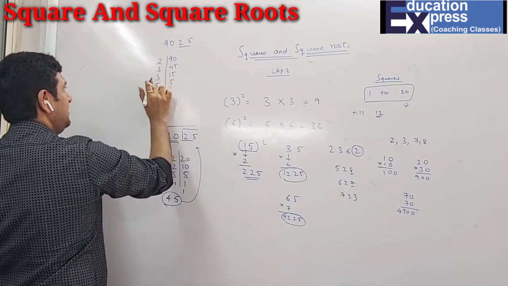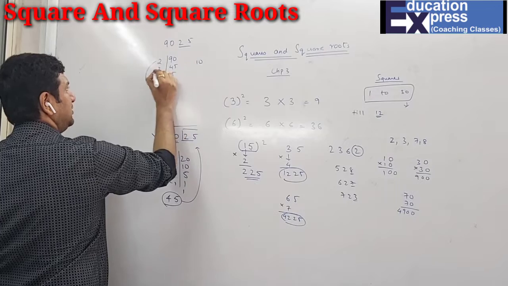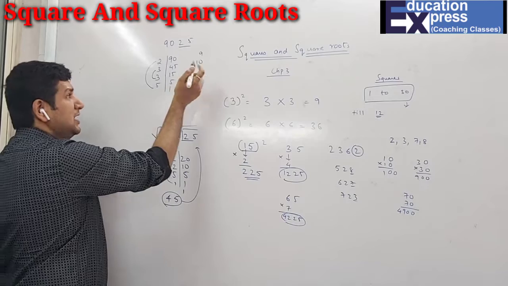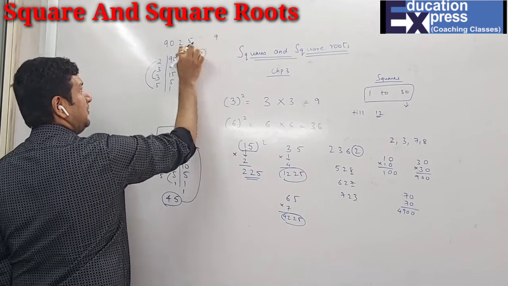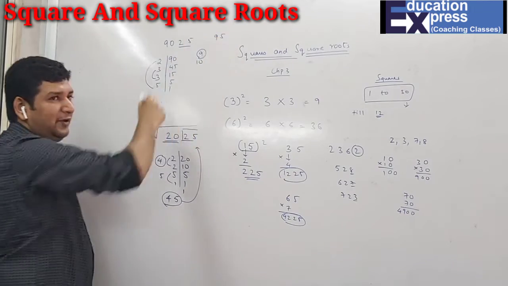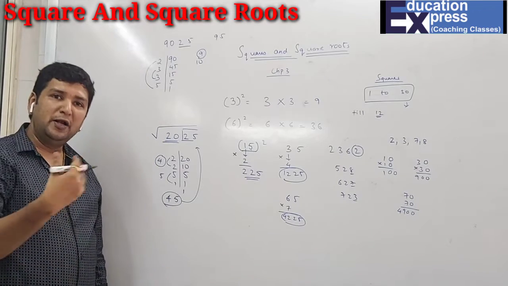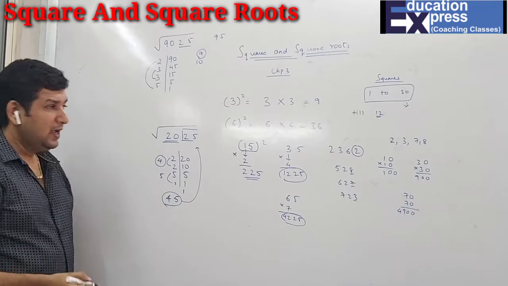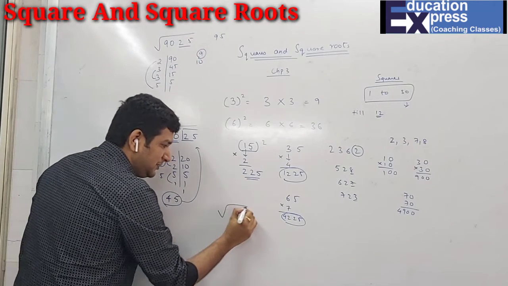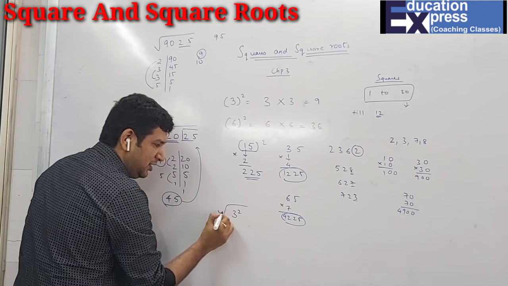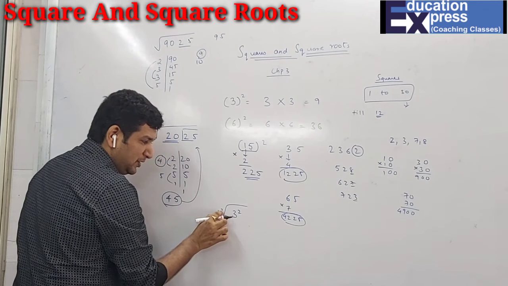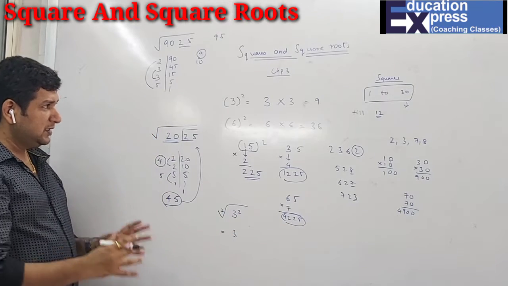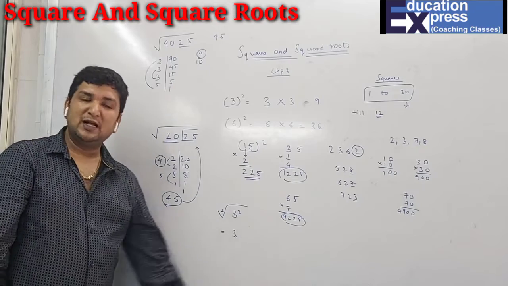Now I can just see 5 2s are 10, 3 3s are 9. 9 and 10 are consecutive, yes. 9 10s are 90, yes. Now which is smaller? 9. And 25 ka square root is how much? 5. So 95 ka square is 9025. Or in other words, the square root of 9025 is nothing but 95. And one more thing I have shown you, that in case if I have 3 square and here there is a root, then this power and this root can cancel and the answer will only be 3. So this is just an introduction, and now we'll start solving the sums.